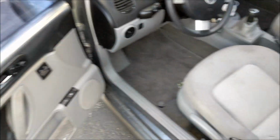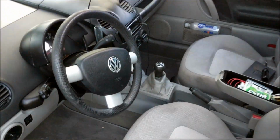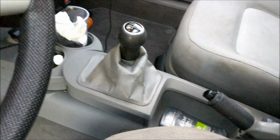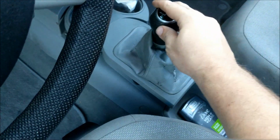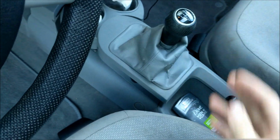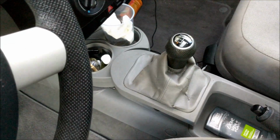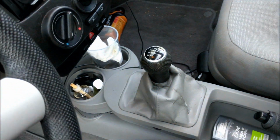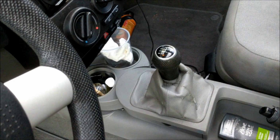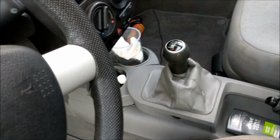Okay, so I've got a 2003 Volkswagen Beetle here. I was driving and we got stuck in fourth gear. This thing is completely loose, and a pecan just fell on the sunroof. I was stuck in fourth gear, and it was wiggling around, so that was an interesting drive all the way back to the house in fourth gear